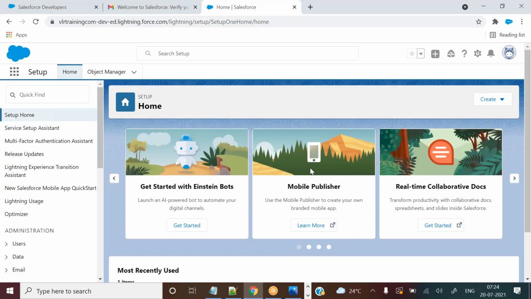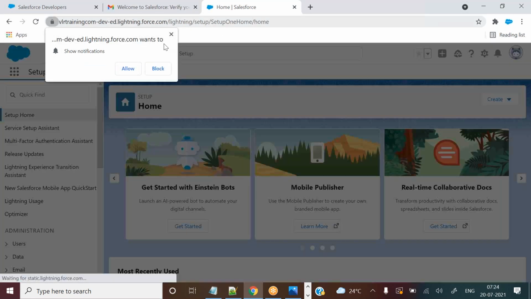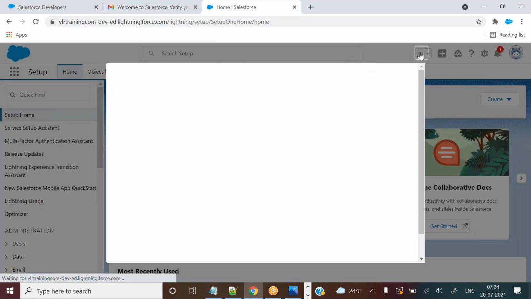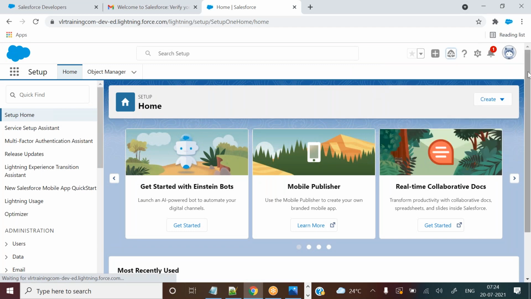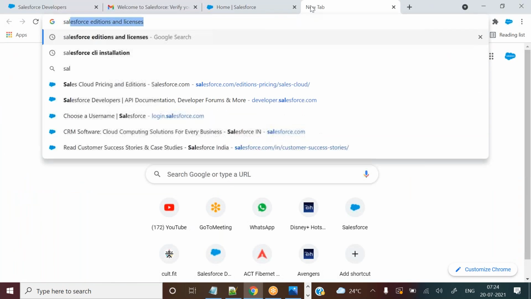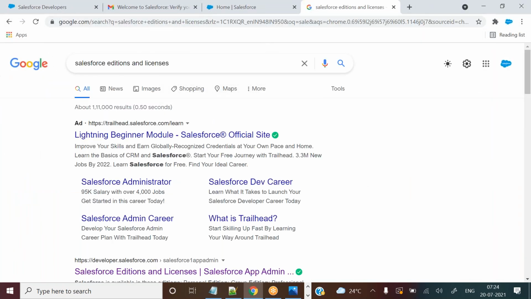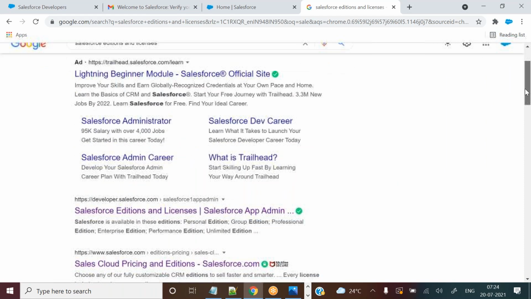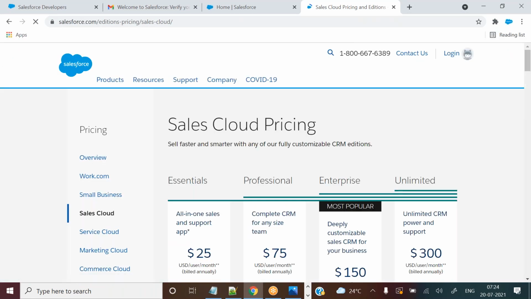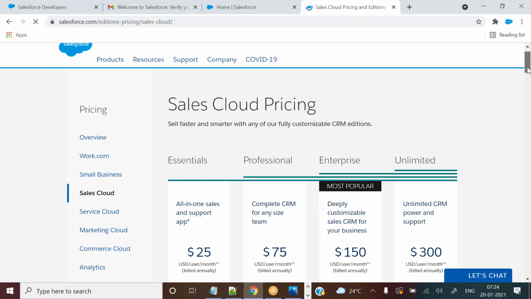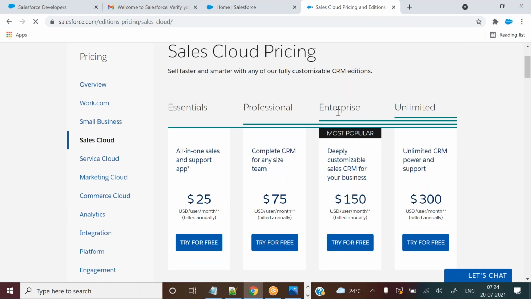Okay, so that's it. Now this is Salesforce, guys. Close everything. This is the Salesforce org, a free org, and in real time there are paid orgs as well. Even if you buy Salesforce paid orgs, you can see the same thing. Suppose the company bought an unlimited org or enterprise org and you are working in those orgs.